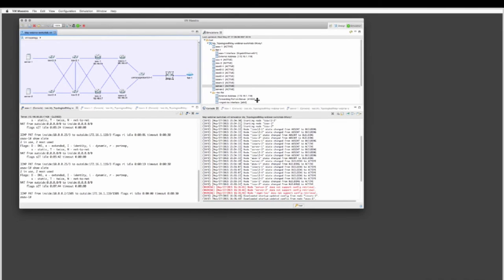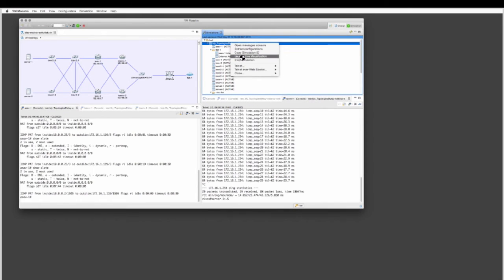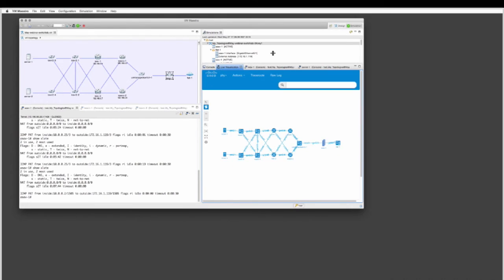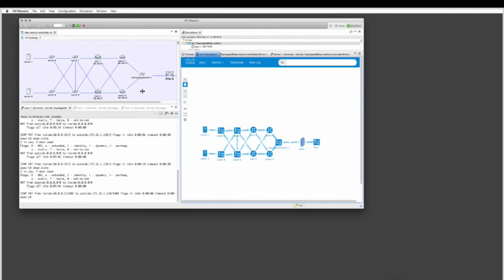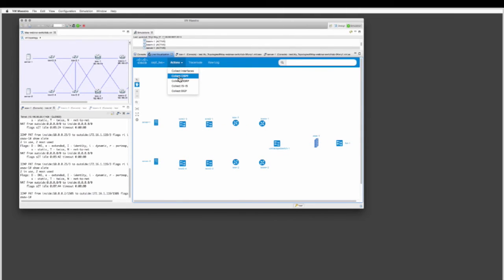Okay, one last thing that we want to show is when we've got the simulation live, we can do this live visualization. I don't know how many people have played with this, but this is a slightly different view. So we're actually looking into the network as it's running on those virtual machines right now. So I can then switch the view and say, right, I want to look at the OSPF live state, grab the data,